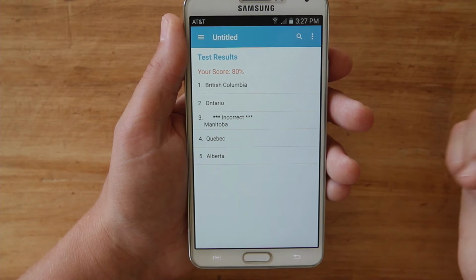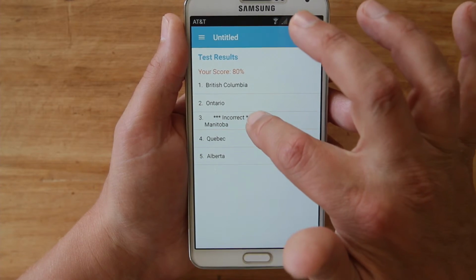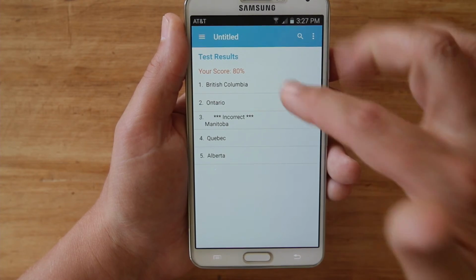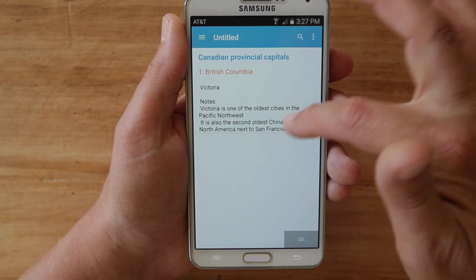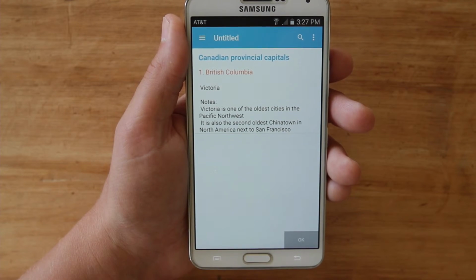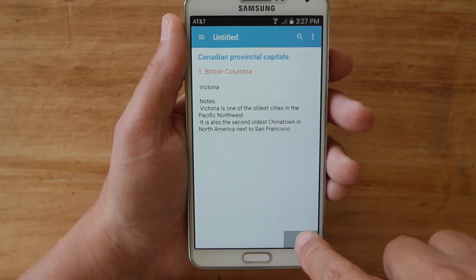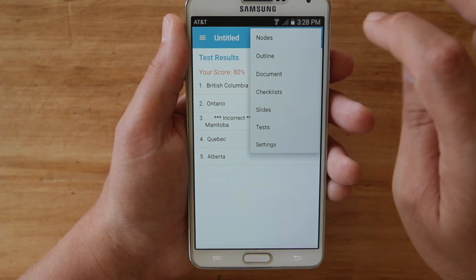So now we've got 80% in this test, and if we go back and take a look, it tells us that Winnipeg was for Manitoba. But if we go to British Columbia, we can take a look at that, and we can see here's where our references actually show up. It didn't show up in the test itself, but it shows up as a reference. So now we go back to our nodes,